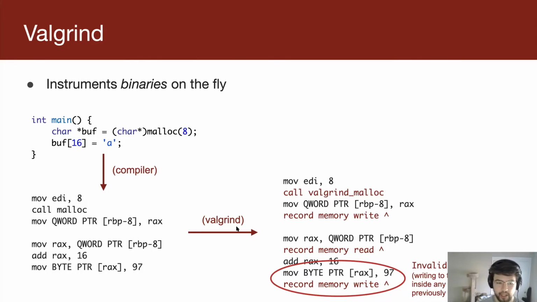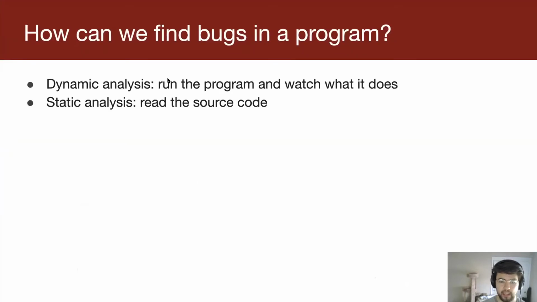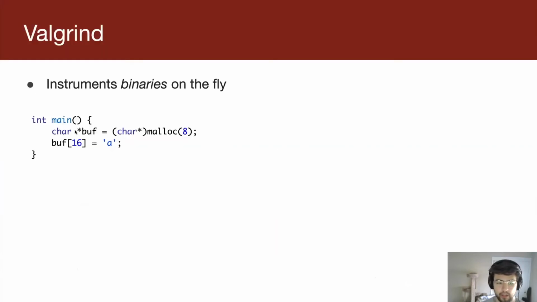Remember, what is dynamic analysis? You're trying to run the program and watch what it does so that you can see when it does something bad, right? You can actually try compiling this and running it, and it probably won't crash. It probably doesn't segfault. It did something bad. It wrote out of bounds of this buffer, but just because of the way that memory gets laid out, there's some extra padding here. You overwrote a random byte in the heap.